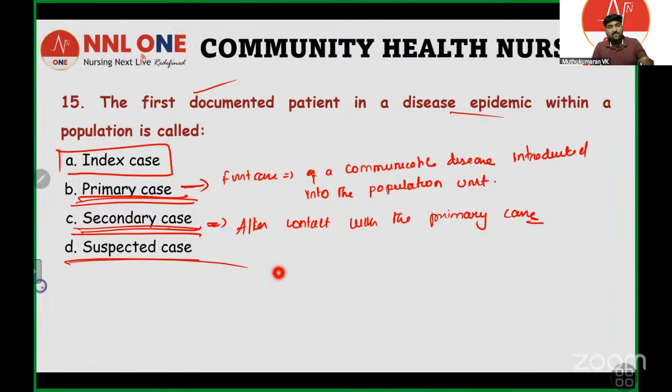From the primary case, if I am getting the disease, then I am the secondary case. So what is the suspected case? There will be features of illness. For example, scrub typhus, malaria, and dengue all have the same symptoms. The primary feature is fever, so how can we identify? We have some diagnostic measures. If there is more than 3 days of fever, with no remission, and the fever does not come to normal at all,